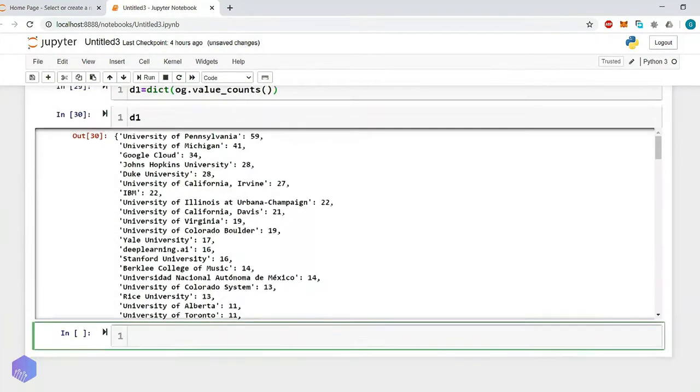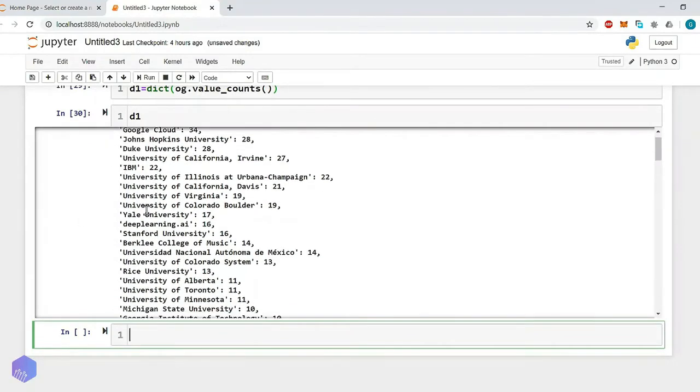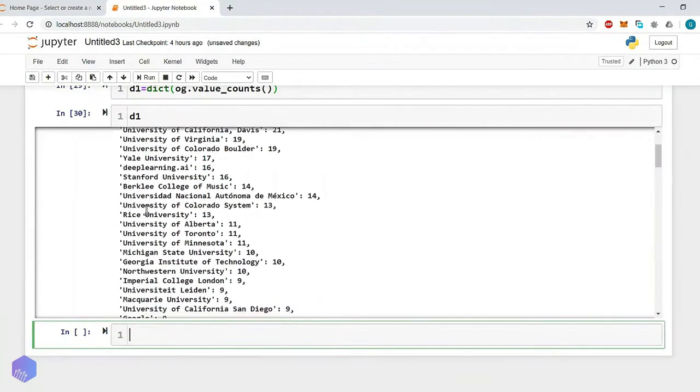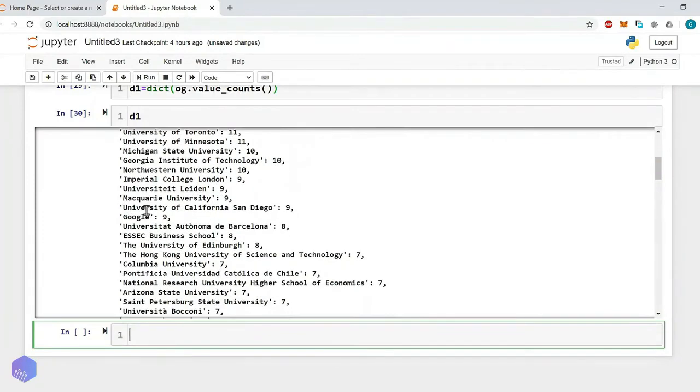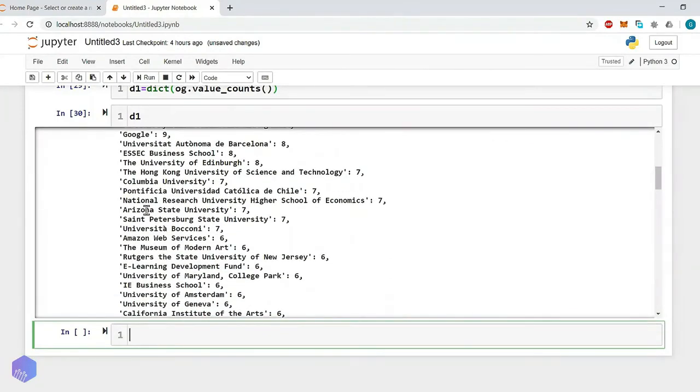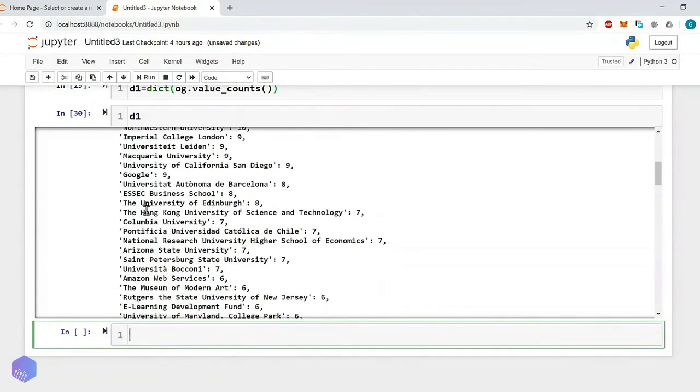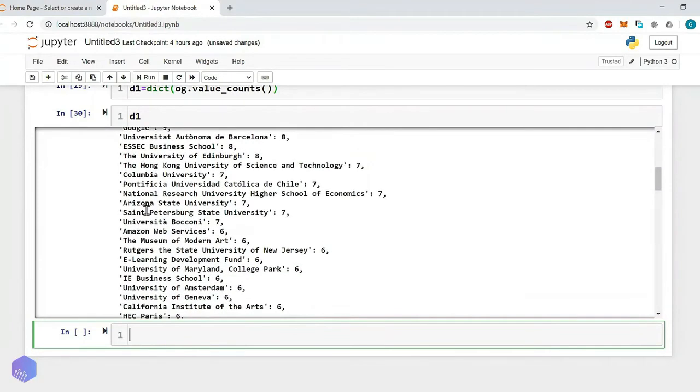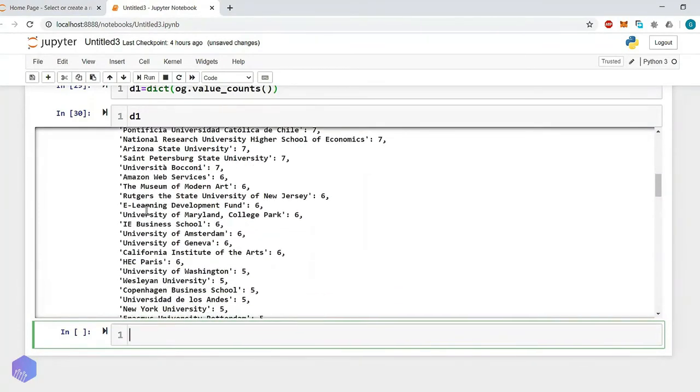Yeah, here you can see. Here we have created the dictionary, and we have summarized the data of the total courses offered by each individual organization. So in simple terms, this is a very basic step in data science, data summarization.